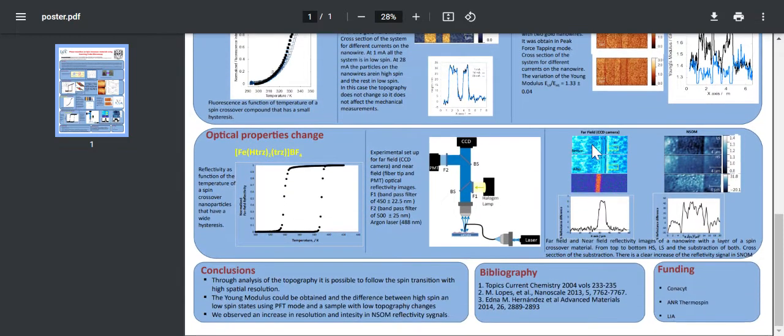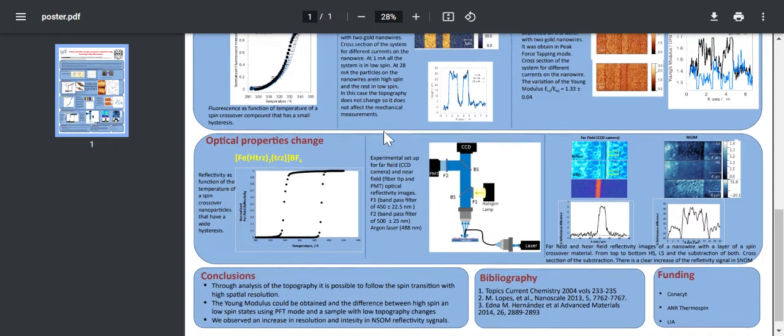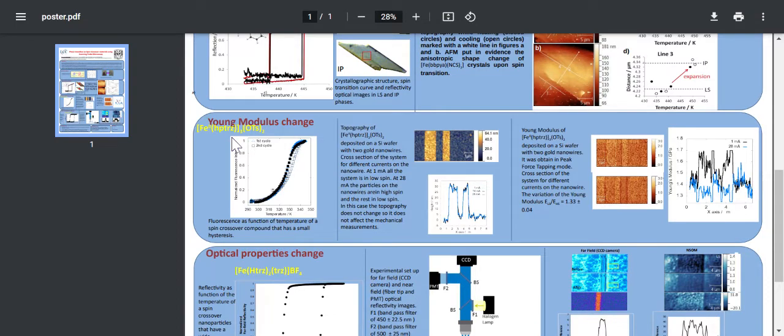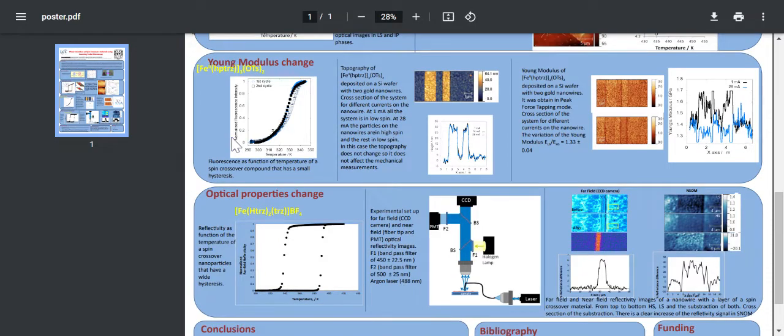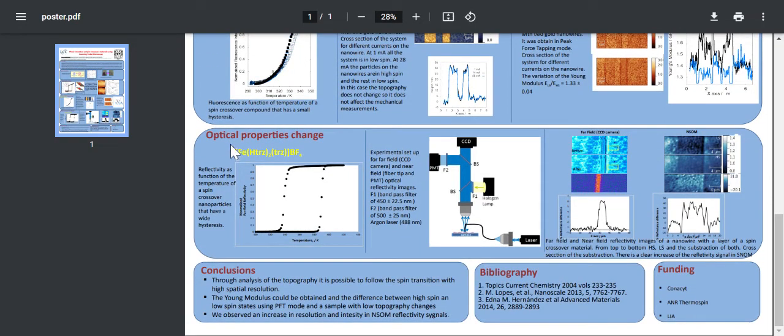So we wanted to see also the change in the optical properties, and we tried with this sample, but it was impossible. Almost all the time we burned the rhodamine. So it was a really difficult experiment. So we needed a sample that also did not change a lot in topography, so any difference will not be related to a change in the topography, but to a clear change in the